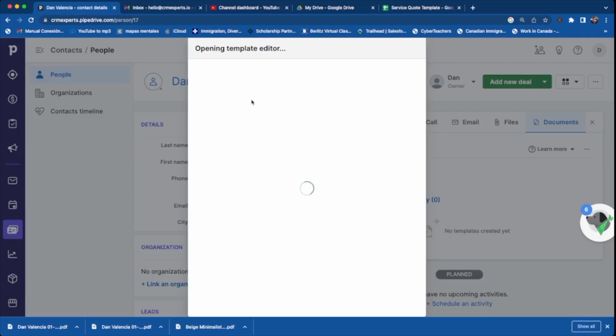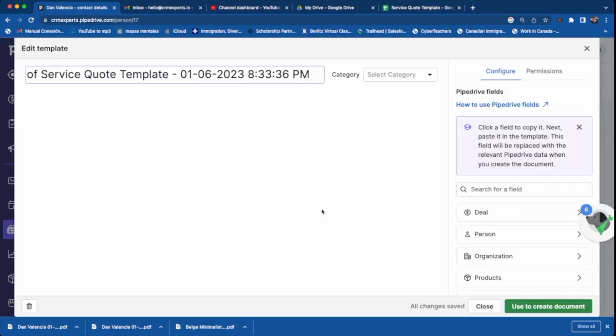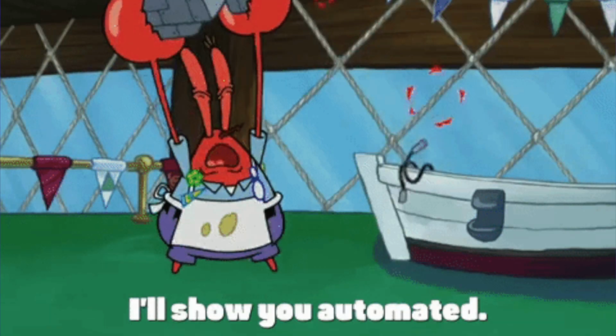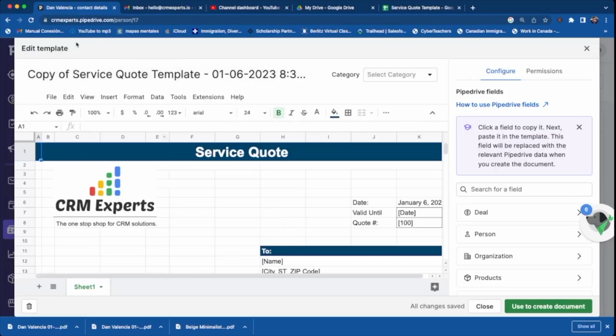and it's opening the template editor. All right, so up to this point, what we have done is basically just upload a Google Doc in the template space on the CRM, so we have it ready to use. This extra step is what is going to give you that bit of value and functionality, which is a semi-automated way to do it. So once we have opened the edit template window, we are going to rename this